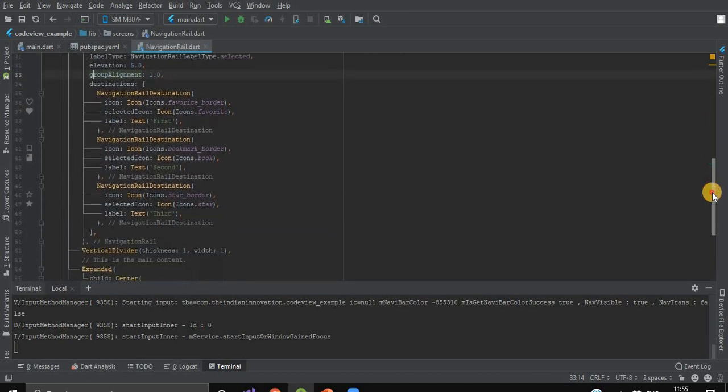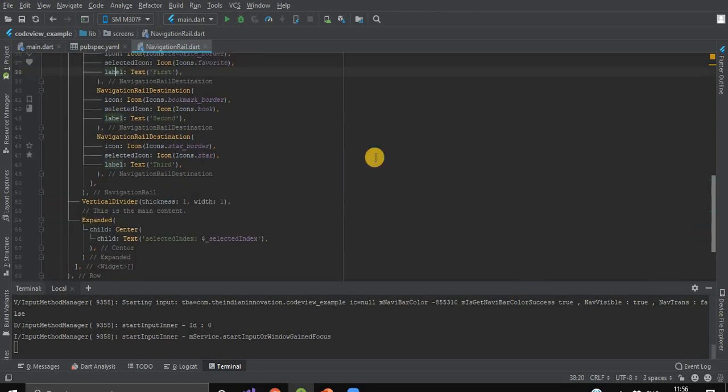After this, we have created our destinations. Here we have used the syntax NavigationRailDestination, where you can have default properties like which icon you want, the selected icon, and here we are having the label. And after that, we have created a vertical divider.